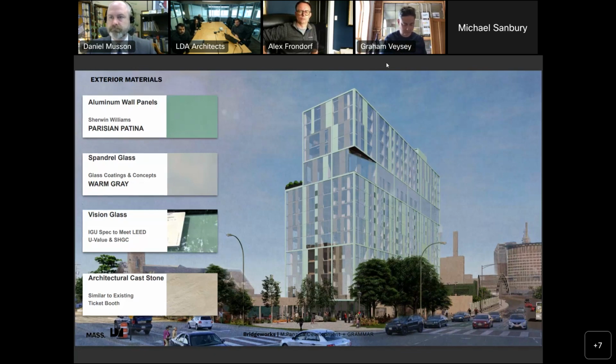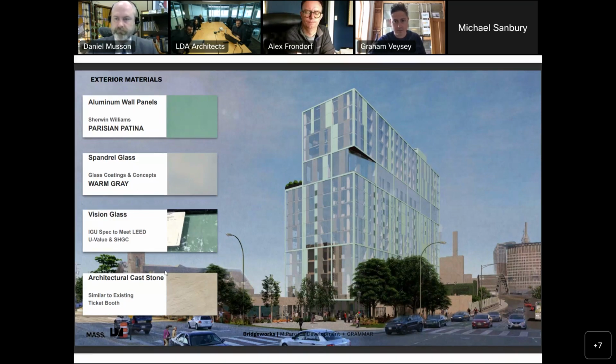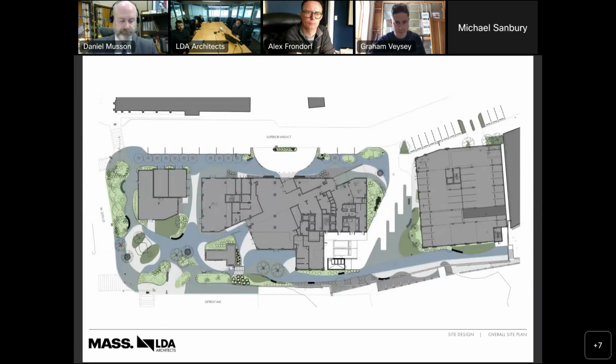I'm sorry, were there any questions on the height change? Doesn't sound like it. You can go to the next item. So this is the site plan. This is really from a building footprint standpoint exactly what we presented in September.